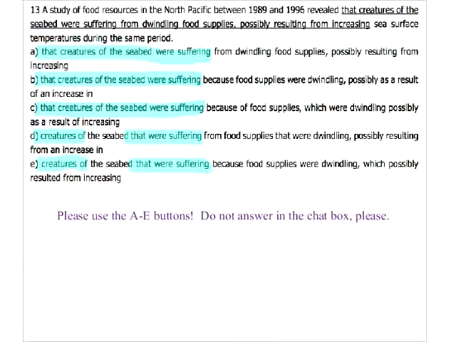Can anybody tell me? Chat box, if you know what the deal is there. So, right, the question is, what did the study reveal? I'm glad that you guys are not just calling this an idiom, because it's not just an idiom. So, the question is, what's the difference